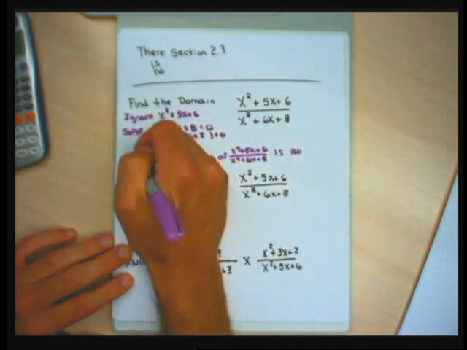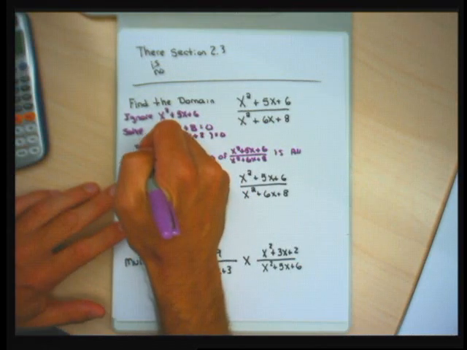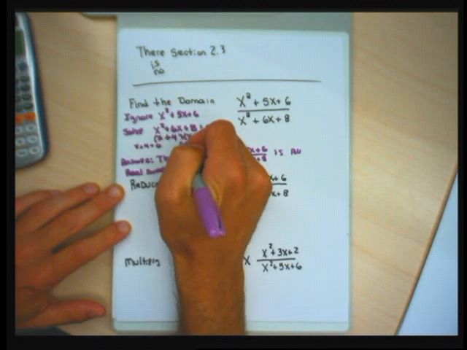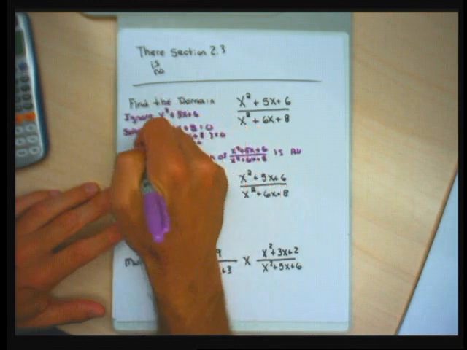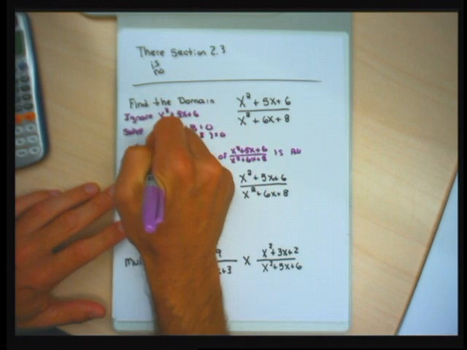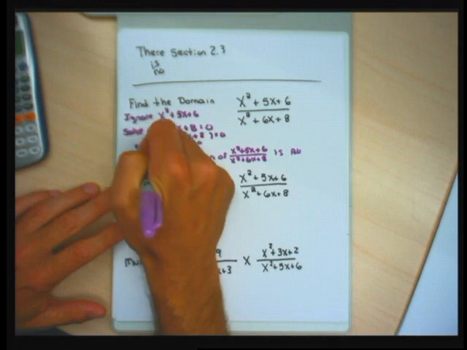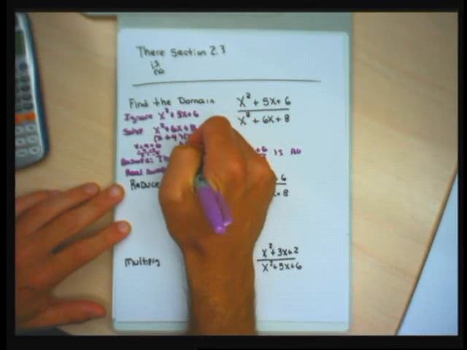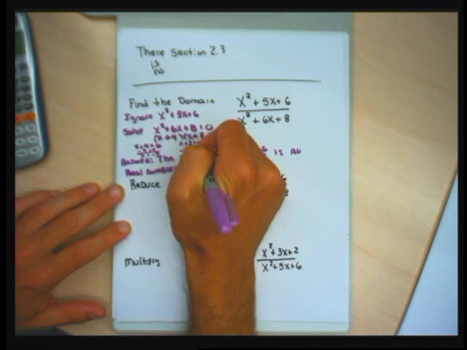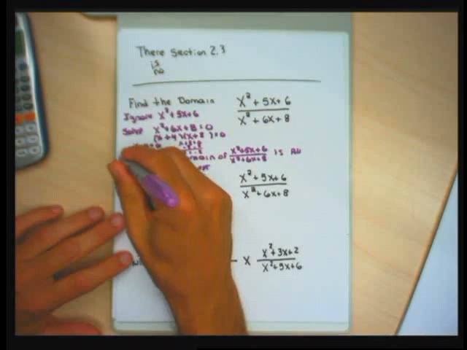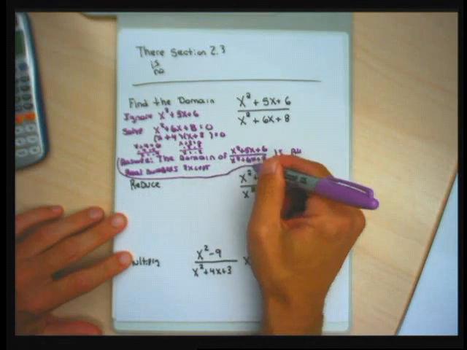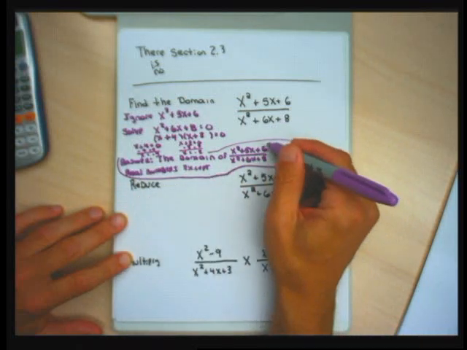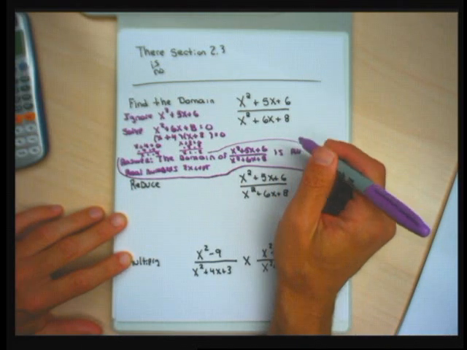Once we get the problem factored, we split the factors up. The x plus 4, we set it equal to 0, and the x plus 2, we set it equal to 0. For the x plus 4, you minus 4 from both sides to solve for x, and you get x equal to minus 4. For the x plus 2, you minus 2 from both sides, and you get x equal to minus 2. And those are the numbers that belong in my answer after the word except. So the domain of x squared plus 5x plus 6 over x squared plus 6x plus 8 is all real numbers